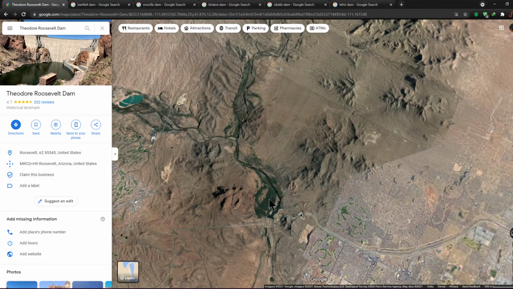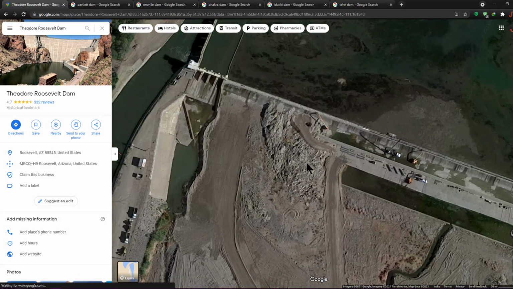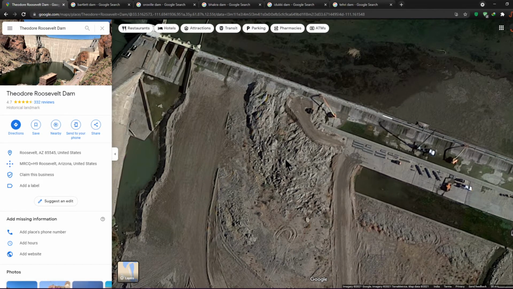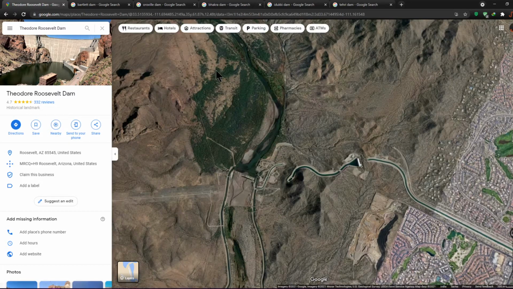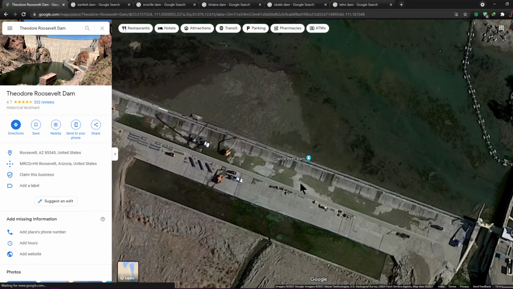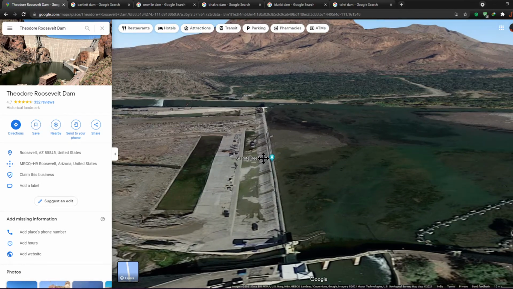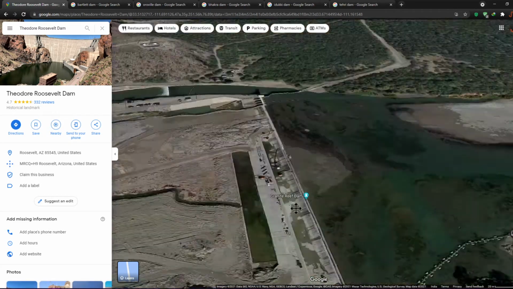In the earlier cases, it was in the mountain range, but now we have come closer to civilization, to the plain lands, and therefore if we construct a bigger dam, then it is going to submerge a much bigger area underwater, which we do not want. Therefore we are simply constructing a very small dam. So this is called Granite Reef Dam, and its height is very low, and from this dam, as you can see,